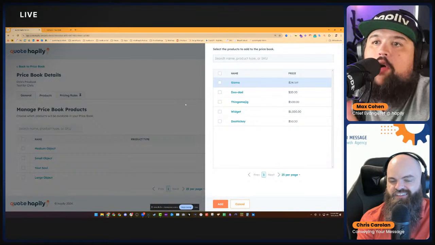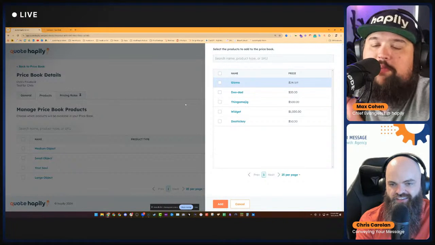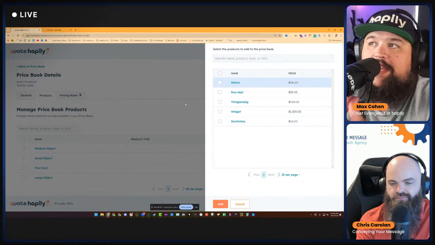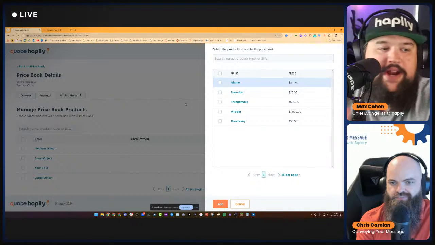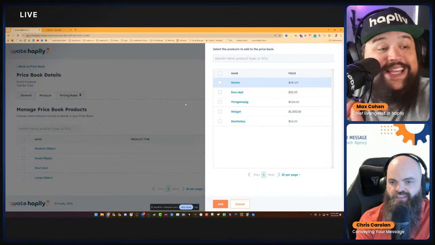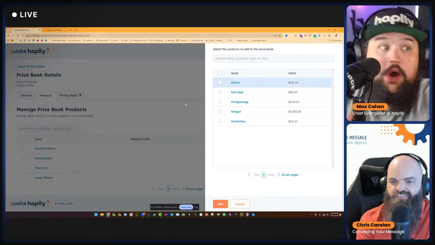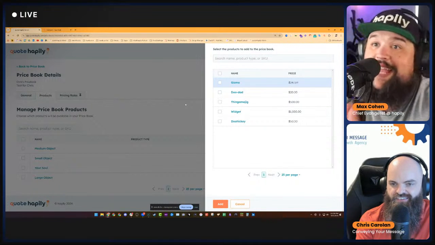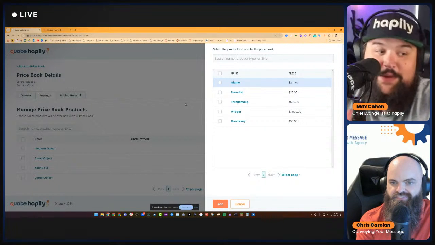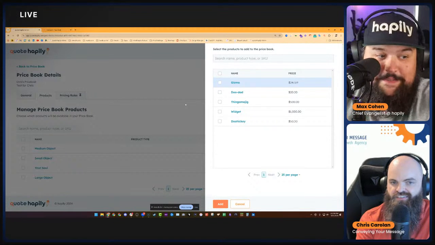Our whole ethos is that if we're going to take you out of HubSpot, we're going to provide you an experience that you feel like you already know how to use right off the bat. Because again, our whole thing is keeping people inside of HubSpot. And in situations where we can't, we want you to really feel like you are. Since this is all HubSpot stuff, we make it look like HubSpot as much as possible. It's very intentional.